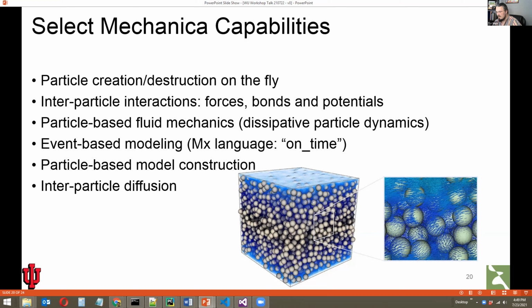There are methods implemented to do things like interparticle diffusion, so actually simulating something like a continuous field, but discretized according to the particles available in a simulation, using flux descriptions of quantities of species that migrate to and from individual particles in a simulation.